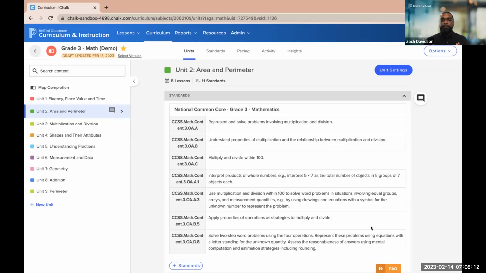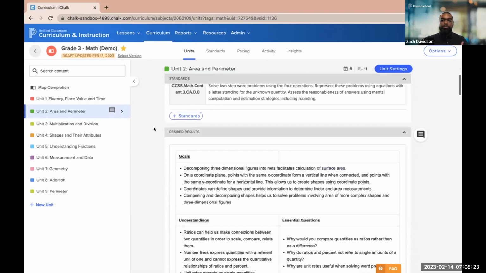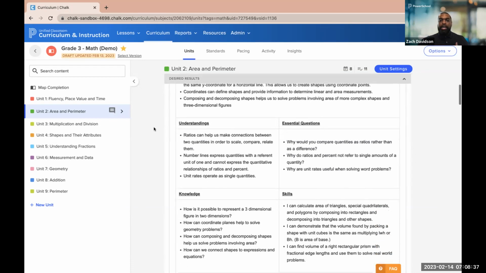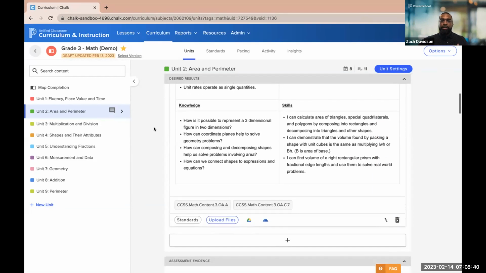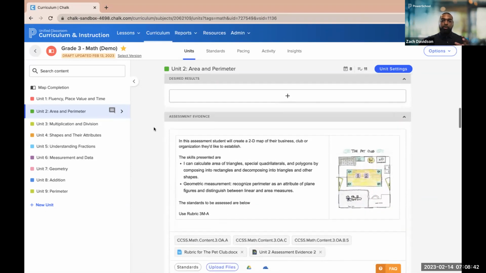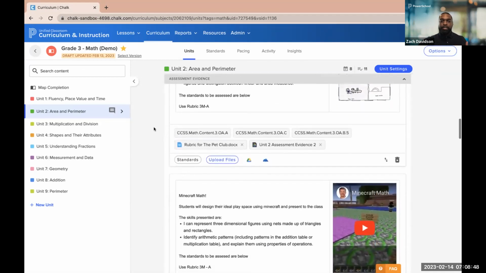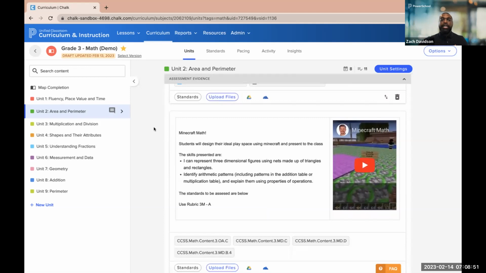building out those curriculum maps that are viewable for teachers. What you'll notice here, in this example of a grade 3 math curriculum map, is that the teacher has the opportunity to view that map experience. You can situate your district so that there are folks in the district that have editing rights for that curriculum improvement process to build out these maps. But teachers have this capability of viewing the map and understanding not only the standards that need to be addressed, but having opportunities to incorporate resources that you might make available to those teachers to leverage in daily lesson planning, as seen here with a Minecraft video and things of that sort.